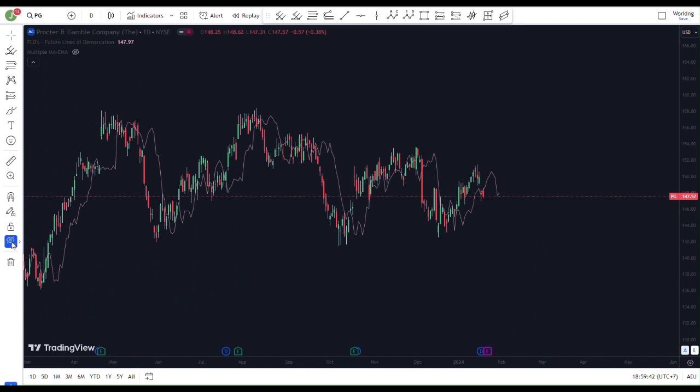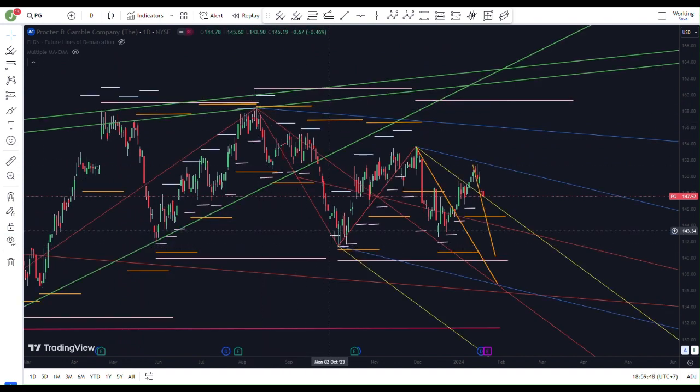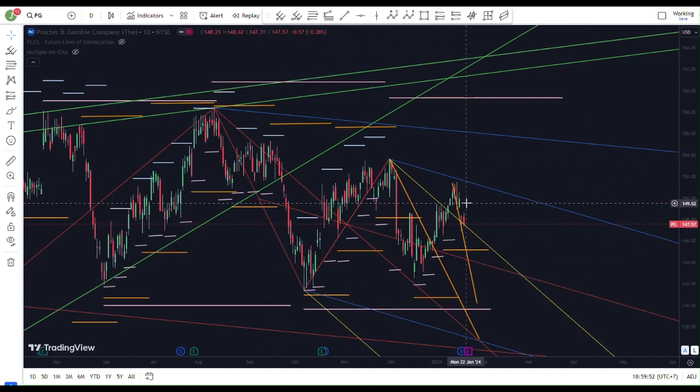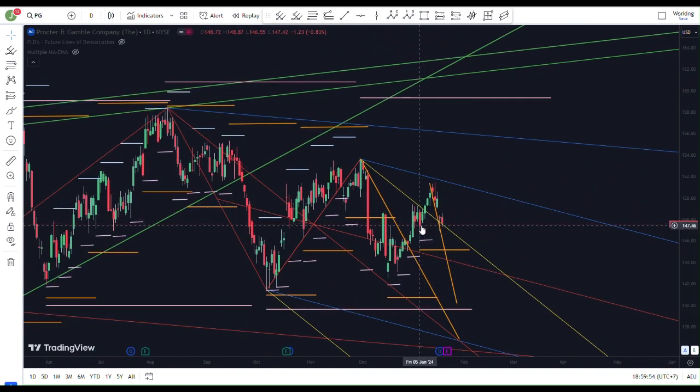I'm going to unhide the drawing tools here. It's going to look like a bit of a mess. I'll take the 8 FLD off. So I had been using this median line set here with the yellow upper warning line. I mentioned in the video, after we got rejection from here, I would open puts. I did right at the open here, and as you can see, that went against me right away. I didn't close on the first day. I closed on the second day, and I lost about